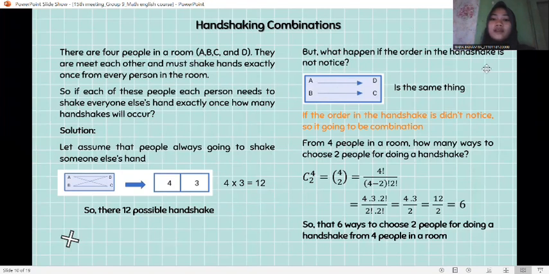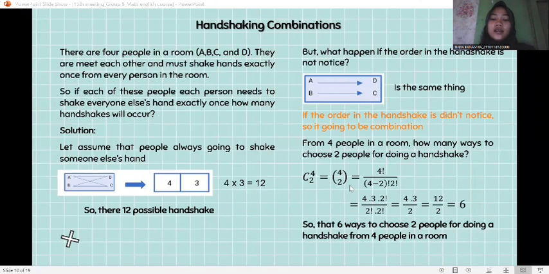But what happens if the order in the handshake is not noticed? So A, B is the same thing as B, A. If the order in the handshake is not noticed, then it is going to be a combination. From 4 people in a room, how many ways are there to choose 2 people for doing a handshake? Combination 4 of 2